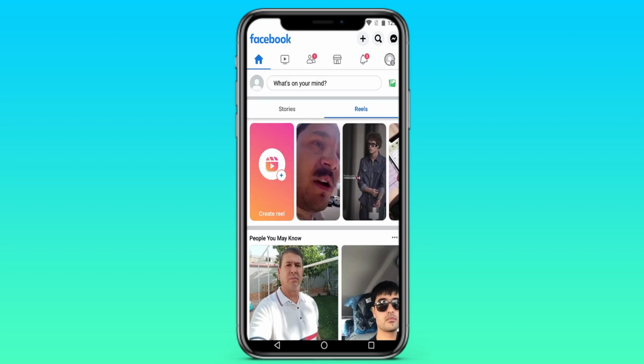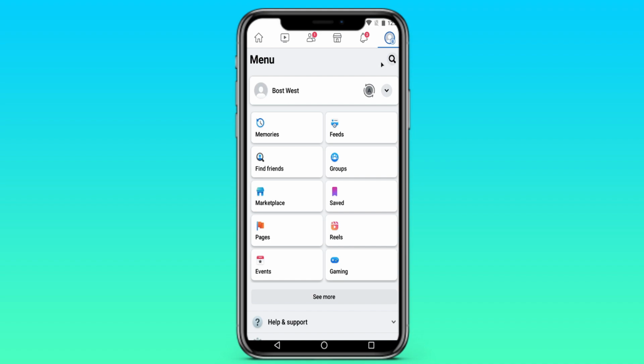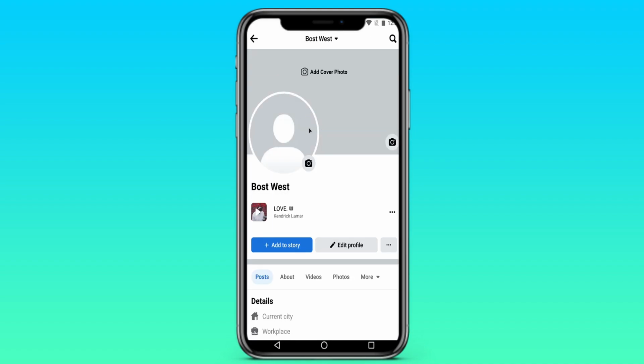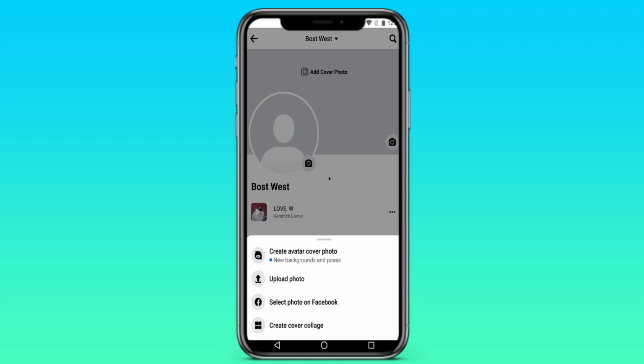After we've opened Facebook, we need to go to the upper right corner, to the profile photo, or to the profile photo with 3 stripes. We go here, after which we go to our profile, and here we see the button Add Cover Photo. We click on it, after which we can select Create Avatar, Cover Photo, Upload Photo, Select Photo on Facebook, Create